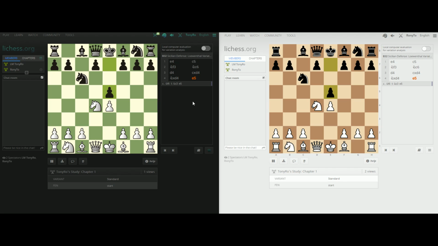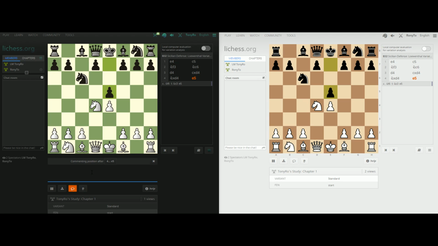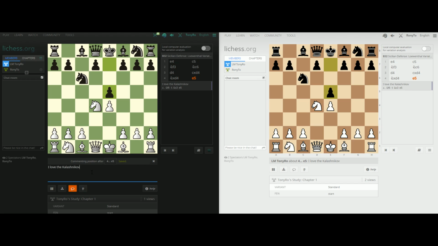And what starts to make the shared analysis really special is that you can right-click and you can comment with text, and you can also comment with symbols. So you also have this option down here. So if I want to comment on this position, I love the Kalashnikov. You can see up top in the notation pane the